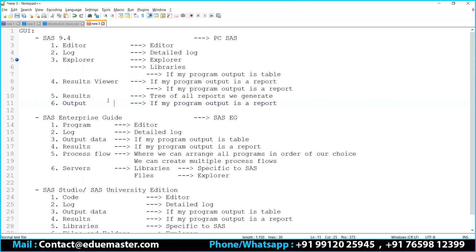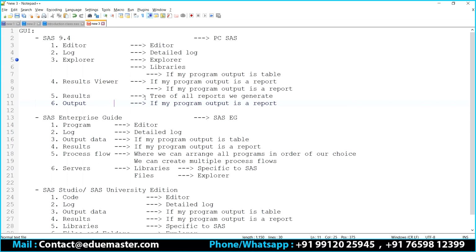Any questions from anyone? All right. So technically, this is the introduction to the GUIs. Have your installation ready, have your software ready with you.